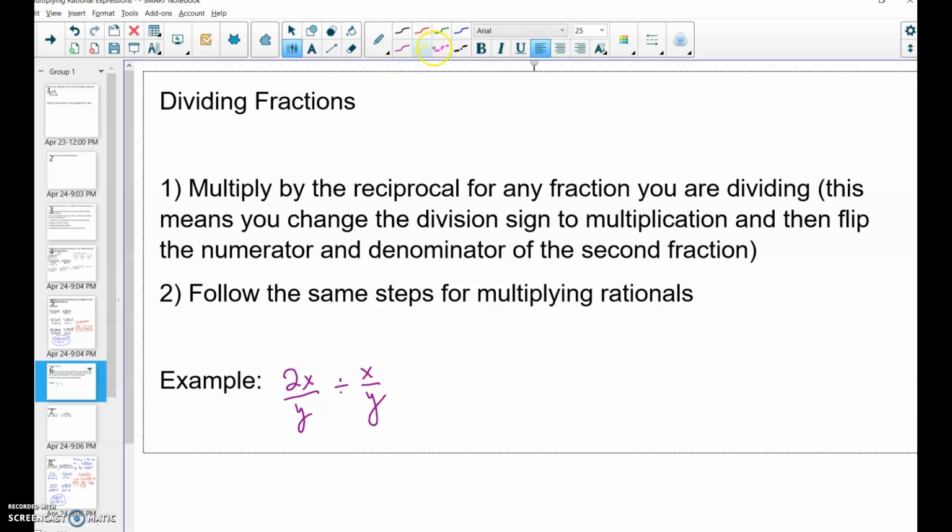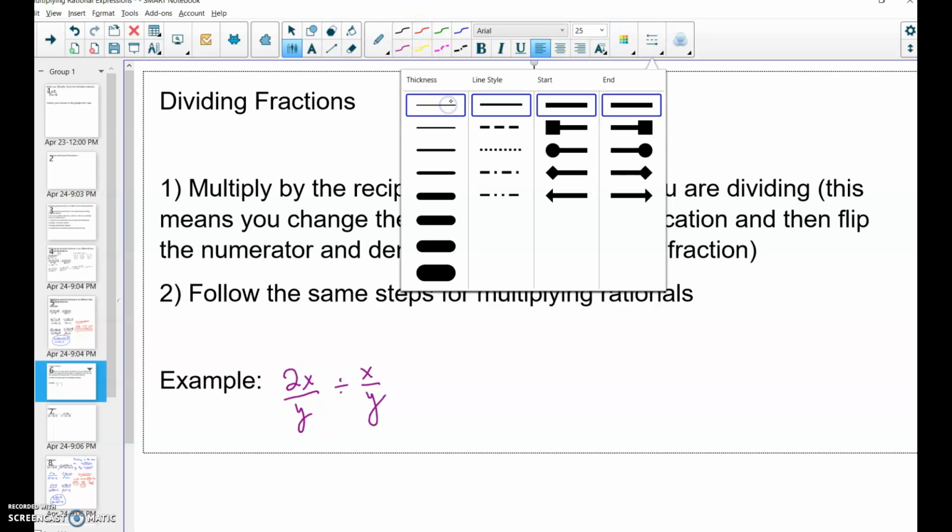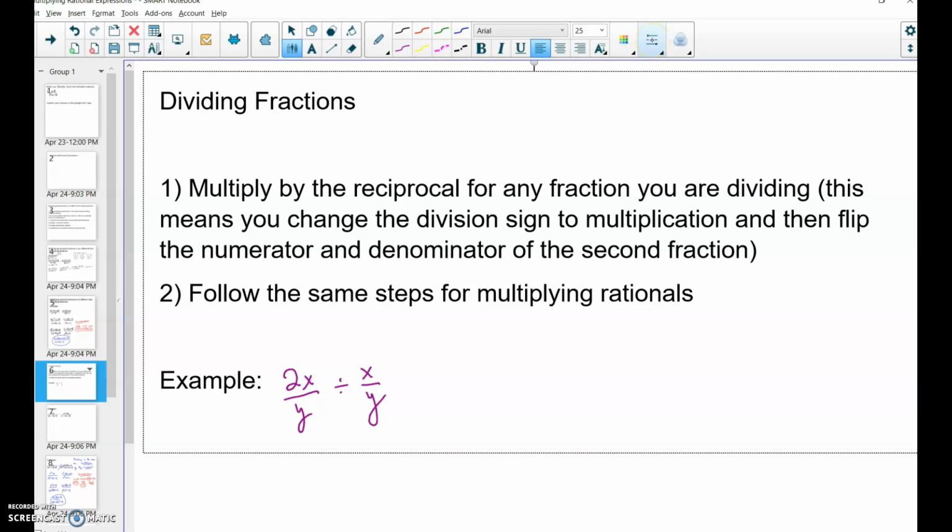Very similar to what you are doing with multiplying fractions. There's just a step beforehand. So you need to multiply by the reciprocal. If you don't remember what reciprocal is, 2 would be your 2 over 1. Your reciprocal of 2 would be 1/2. Okay, reciprocal just means that you flip